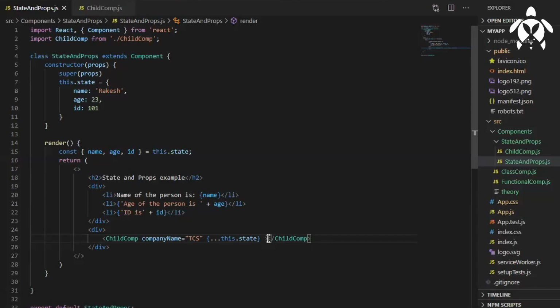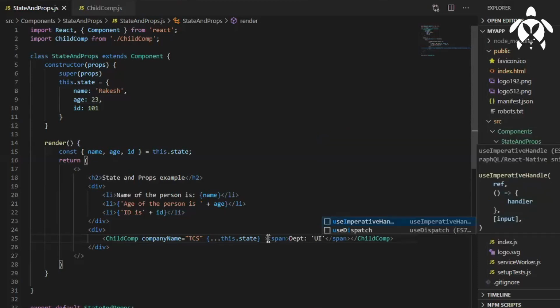What else can I share? Let me have a span tag, and I just want to share the department, as UI or front end development, IT department, whatever you want to show, you can show.